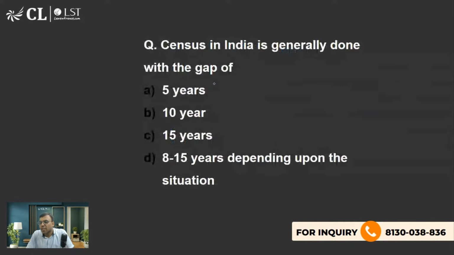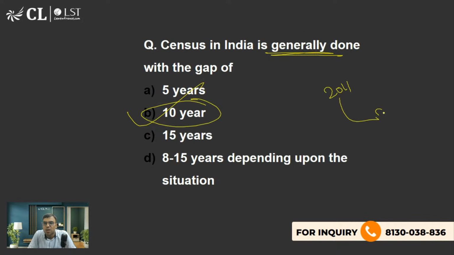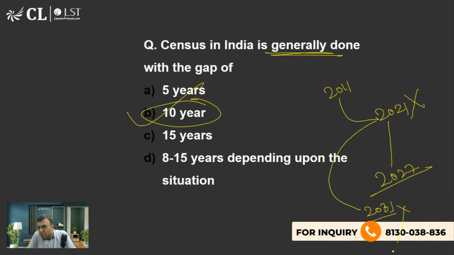Now let's move on to the next question, and I believe that you all should be knowing it. Is generally done. So I've written generally because there have been some incidents. There's one incident where there is an exception, one or two incidents. है ना? The right answer is option B. 10 years पे होता है, but अभी अगर आप देखोगे last we have seen is 2011. So ideally it should have happened in 2021, but this will be happening in 2027. तो हो सकता है 2021 के बाद नेक्स्ट वन वाज सपोज्ड टू हैपन इन 2031, तो शायद 2031 में भी नहीं हो, बिकॉज 4 साल के अंदर क्या होगा दोबारा, है ना. So I think that is what you should know. So B is the right answer to this question.